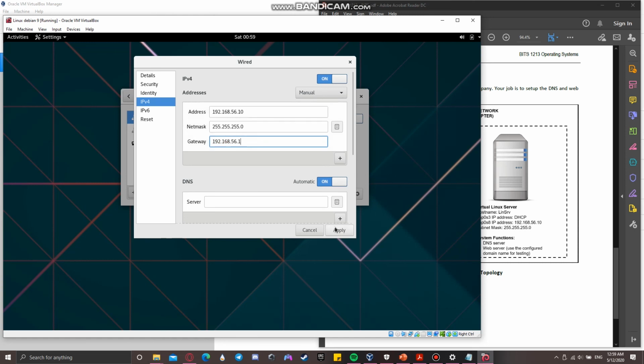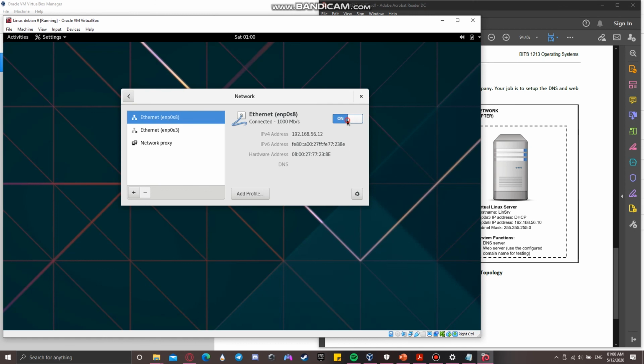So we apply, we refresh the network, and we can see here